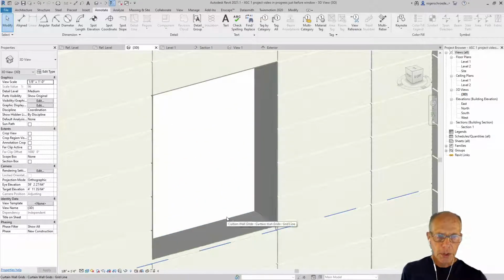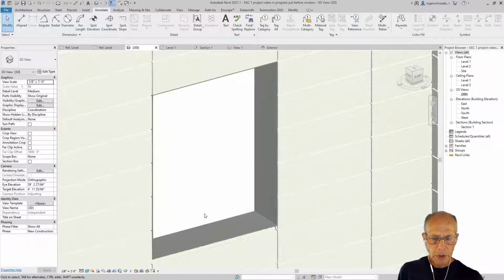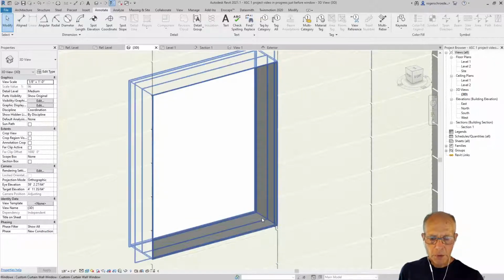So now you're seeing, I guess, a little bit, this may seem a bit on the tedious side, but this is really, I think, where you can start to really think about the aesthetics, because this is going to be exposed. Now we're going to look at where, in the next clip, we'll look at inserting the glazing system into